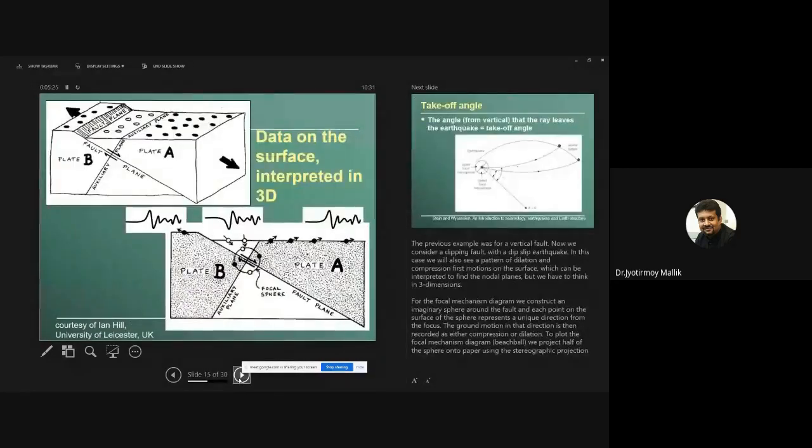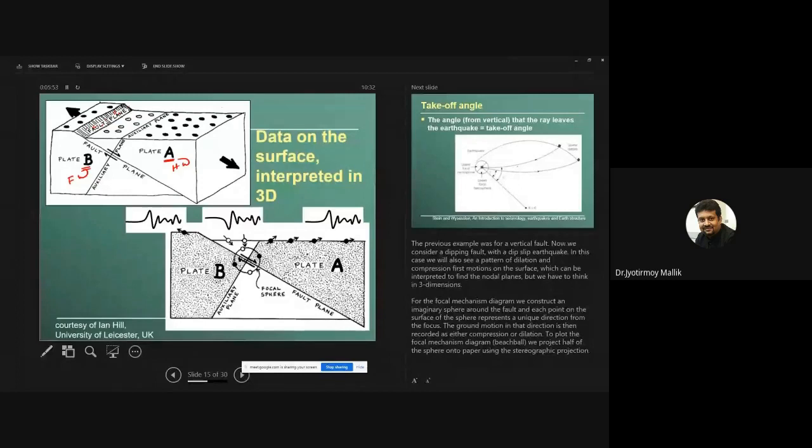The same thing. Now let's look at a normal fault. So this is a normal fault. Now what is this block A called? Guys, what is this block A called with respect to the fault terminology? We talked about it. Hanging wall. Hanging wall. Very good. What is block B then? Footwall, right? And this is the fault plane.